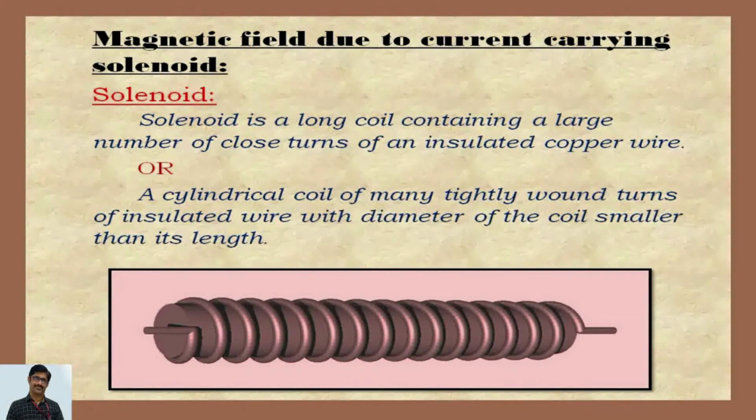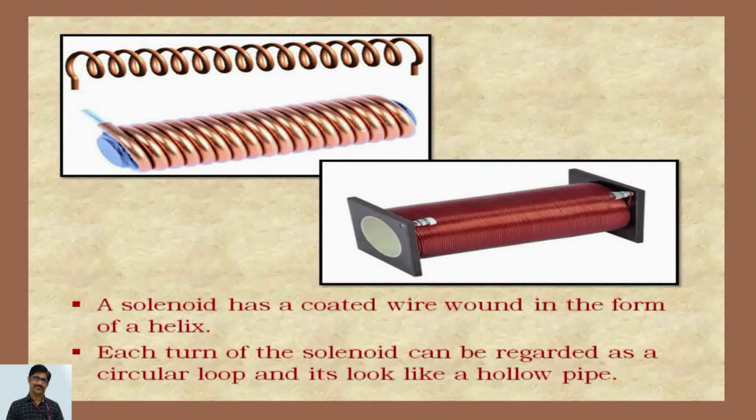Generally, a solenoid is a long coil of closely wound insulated copper wire, which makes the diameter of that coil smaller than its length. So this is the solenoid. Take a look at the picture here. That is a solenoid, the first example. It can also be given by the other two pictures. So these two are also solenoids. I hope you are getting the definition of solenoid right.